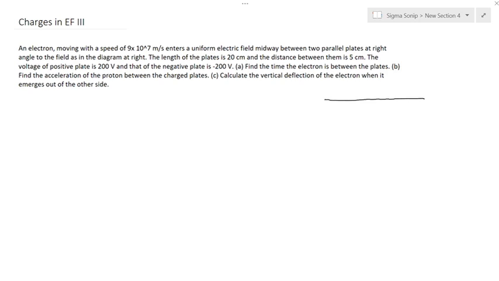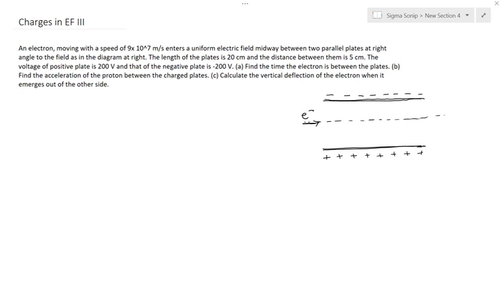So suppose these are my parallel plates. This is one and that's the other one here. We got two parallel plates here, and it's an electron moving, so we have positive charges here, let's say, and this plate is negatively charged, and the electron enters here. So the electron enters here, and as it enters the electric field at this point,